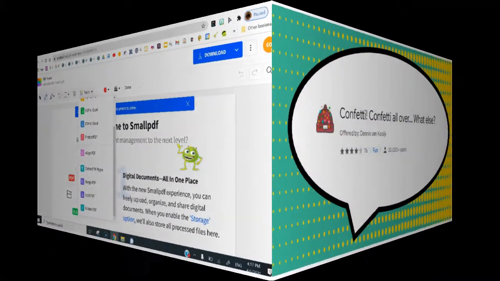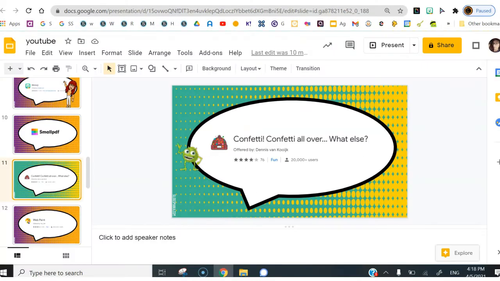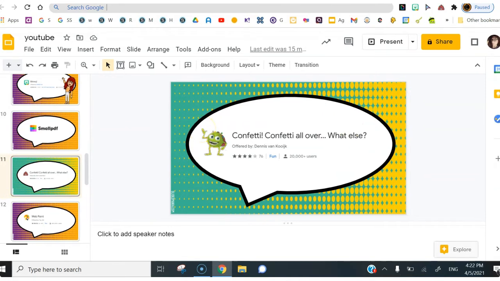Next extension that I often use is Confetti. You gotta have Confetti on your computer. We teachers like to celebrate our students' success, and Confetti will help us to do that. So whenever you have the moment in your classroom, you may be in the middle of giving a lesson and someone gave you a great answer to your question, or whatever it is that you're celebrating in your classroom, you can just click on the